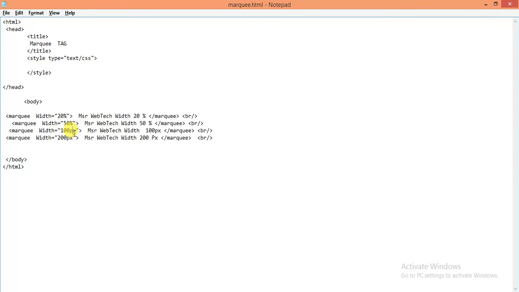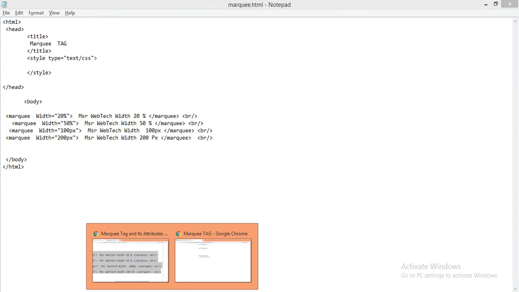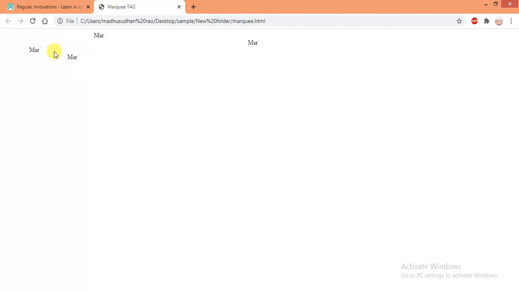Just Ctrl S. Width equal to 20% means small width. 50% means 50% width. You can see the example by saving and refreshing the page. So it is width with 20%. 50% means it occupies 50% of your space. 100 pixels means it occupies 100 pixels from the left. 200 means it occupies 200 pixels from the left.